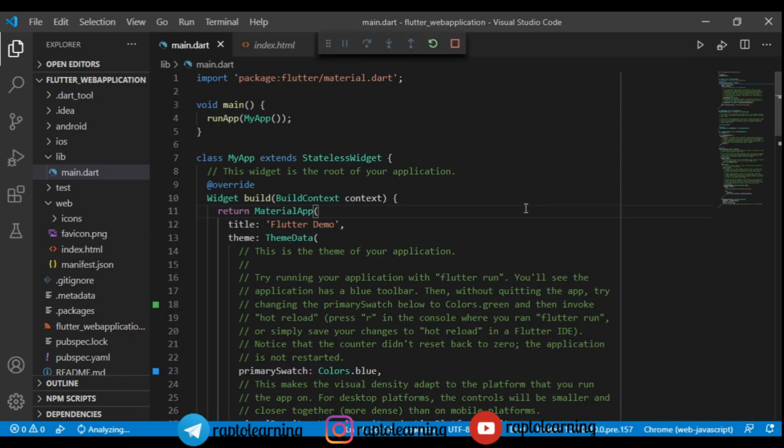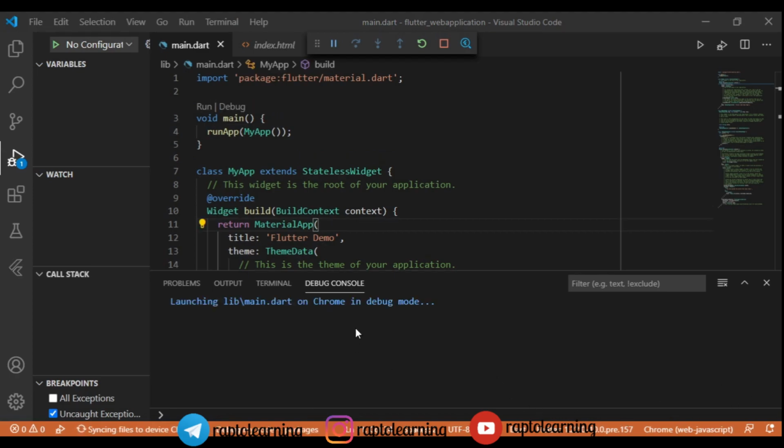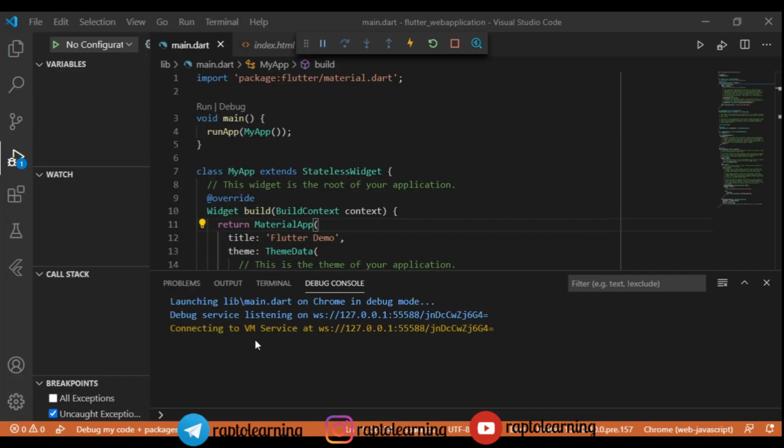So this is the basic Flutter application. I will just show you how it looks on the web, as Flutter web is very new and it is the most interesting part. That means we can now build an iOS app, an Android app, and also a web app through a single source code. This is a simple demo app: we tap this, the number is added and displayed on the screen. Pretty simple.